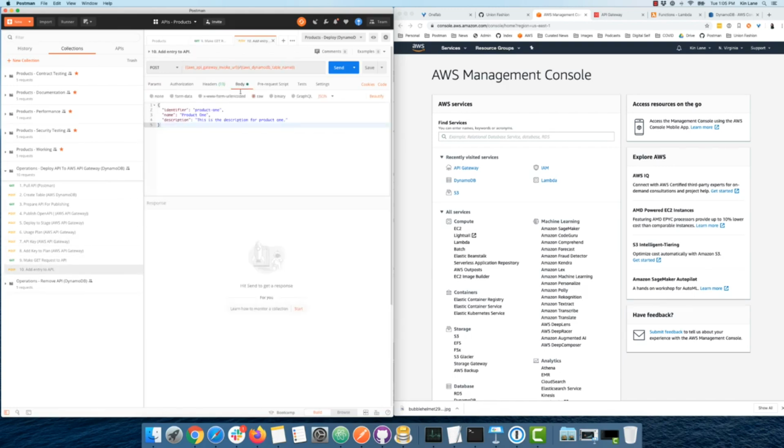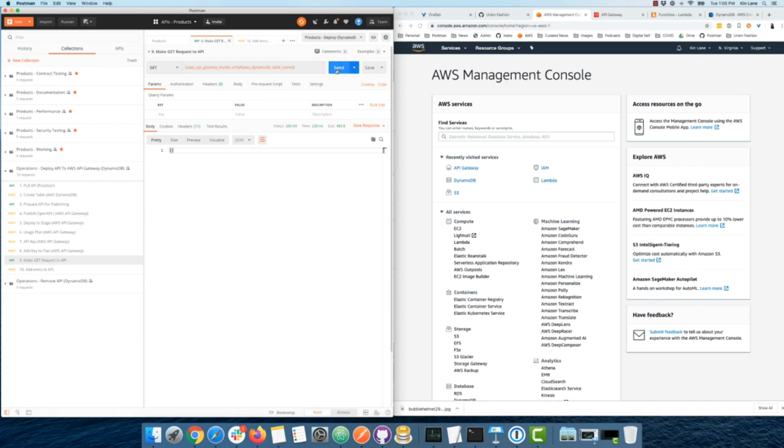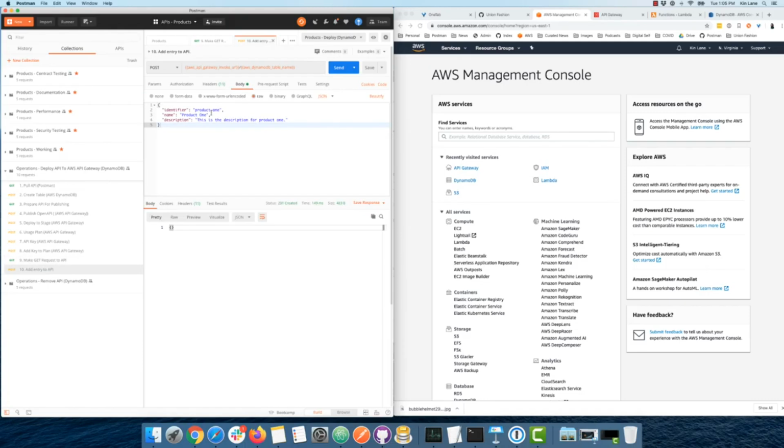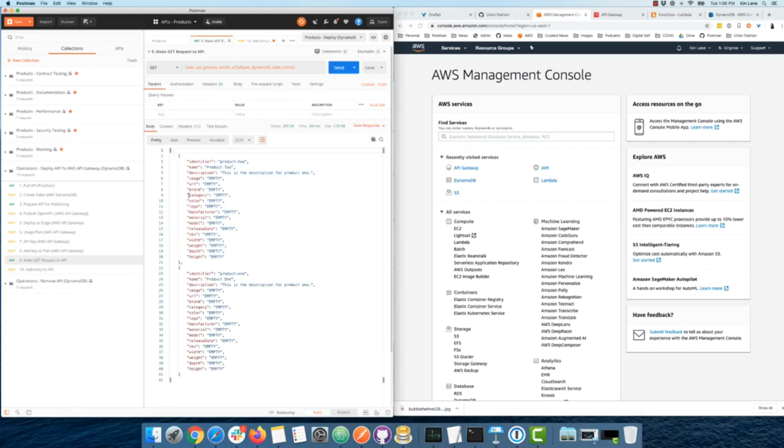Let's add something here in the body. I've got a basic product with an ID, a name, and a description. See if it'll add. I don't like that response. We'll have to change that. But we should have a product in there now. So we should be able to make API calls, update. Anyways, we'll send that. So basically we got a very simple CRUD API that we can add to, update, remove